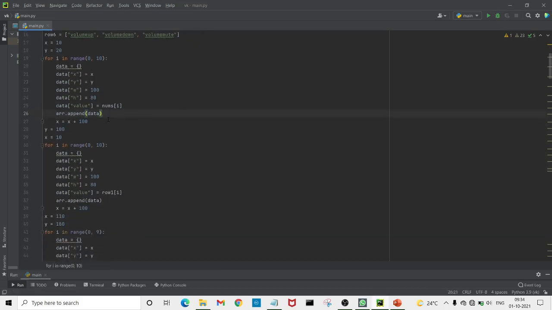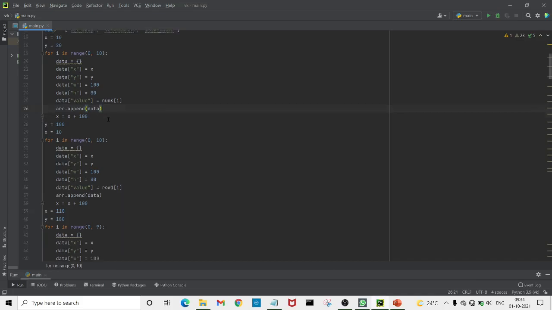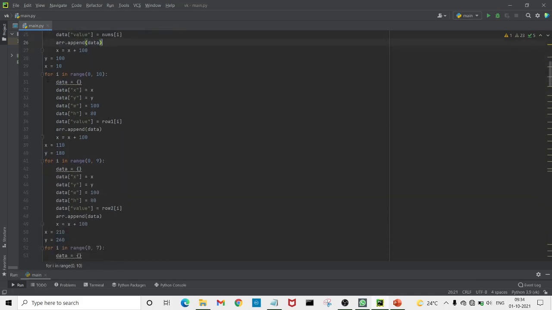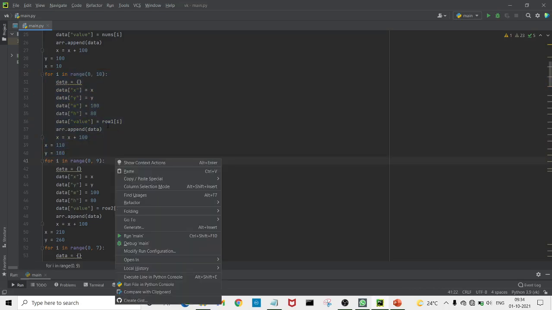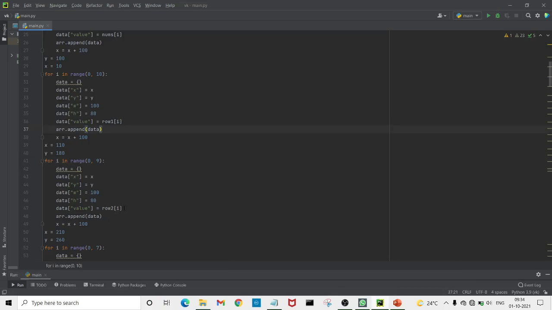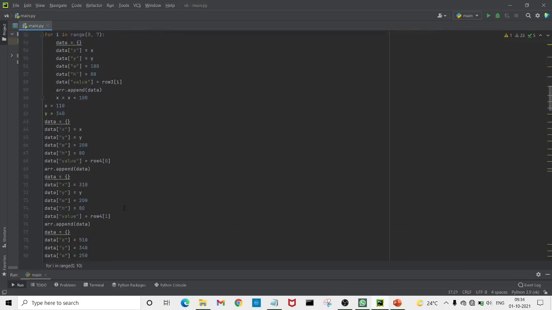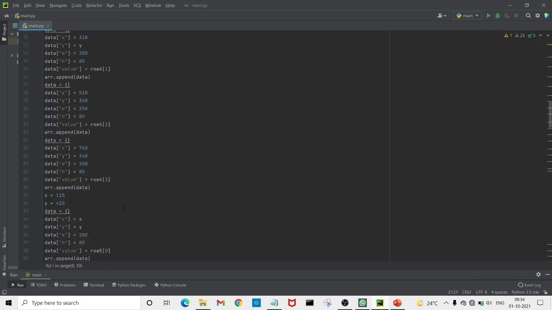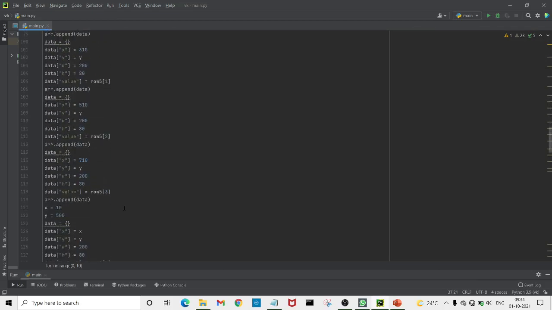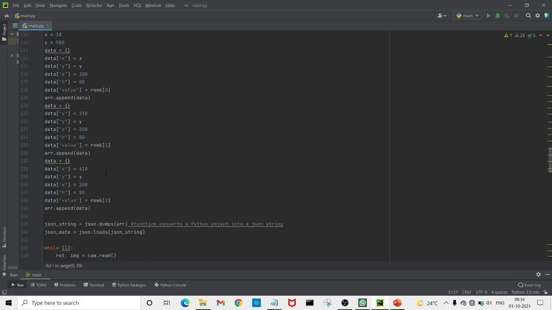And array.append(data) will append the data. Similarly, this section of code will be repeated for other rows. Here we can see row 1, row 2, row 3, 4, and similarly till row 6, which will cover all the rows and append all the data, as their width and height will be specified.